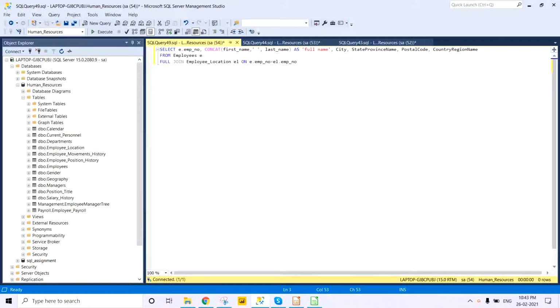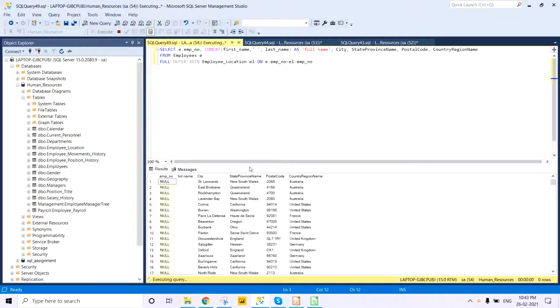I have switched to my MS SQL application here. Here I have written a simple query for a full join, or I can even write it as full outer join. Let me run this query. Yes. So in this query, let me expand this.